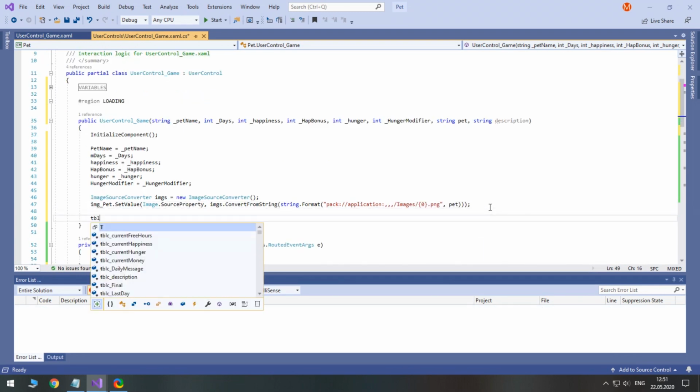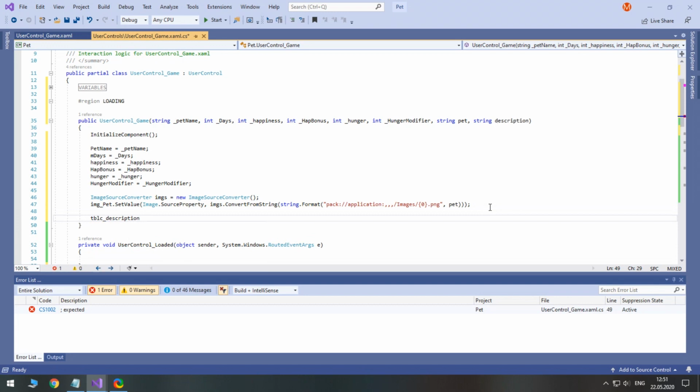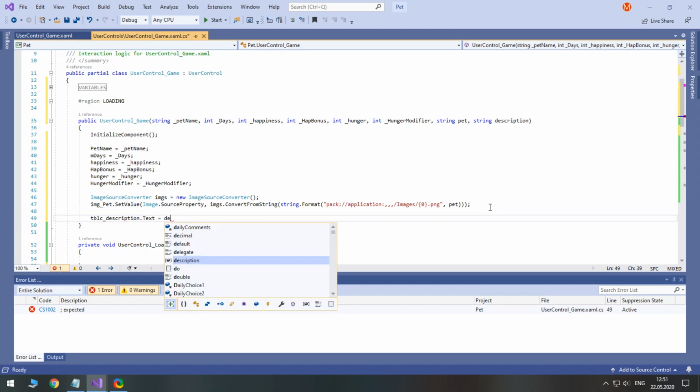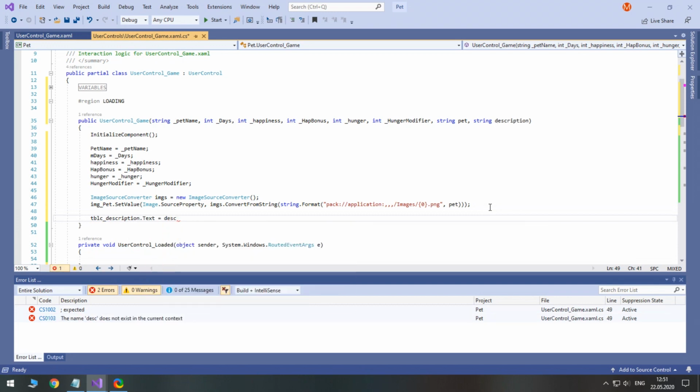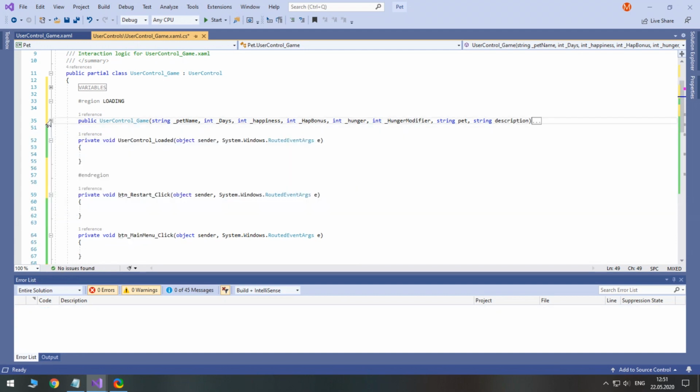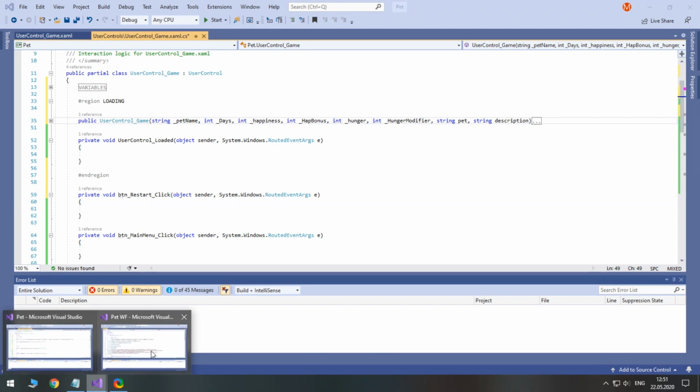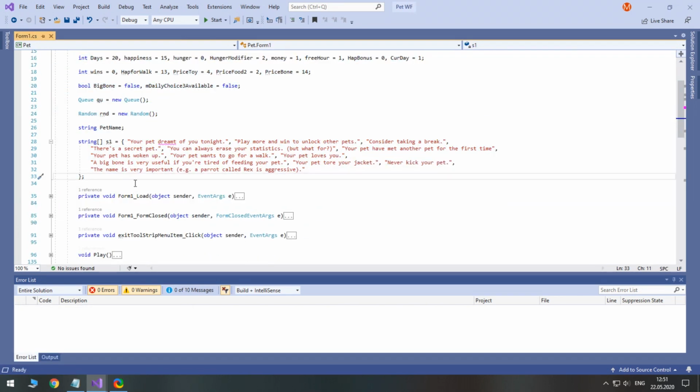Let's also set the appropriate description. Let's copy the load event from Windows Forms.